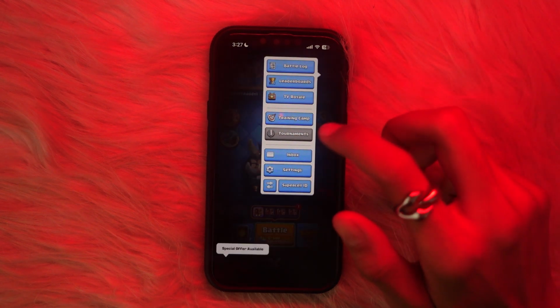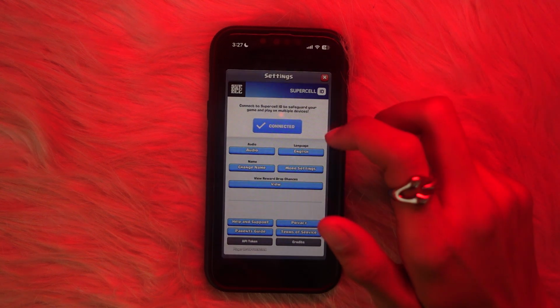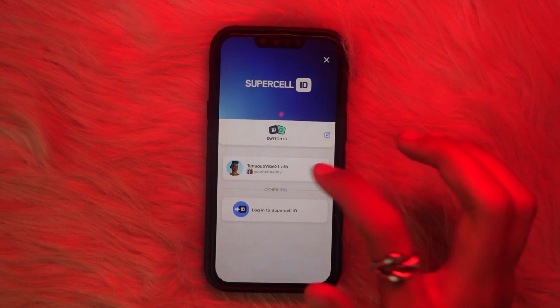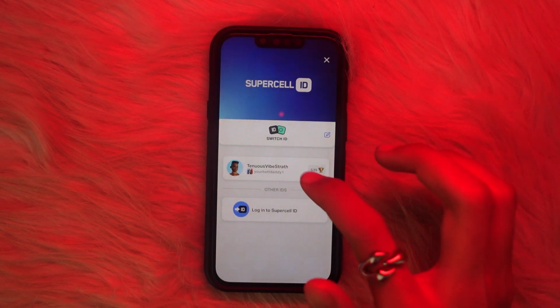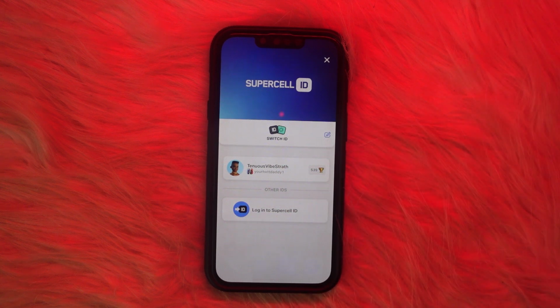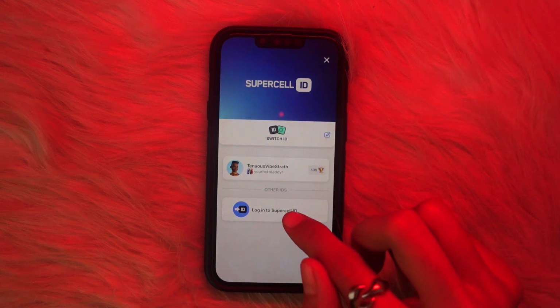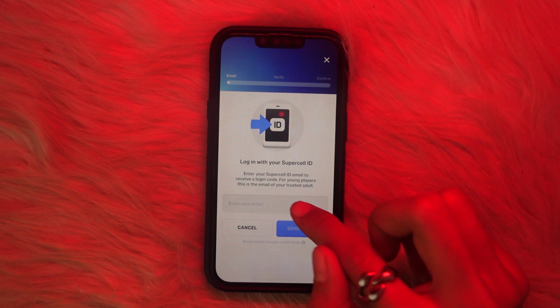And I'll just show you how to log into your app. Let's just log out from here, and I'll show you how to log in. Just tap on login with Supercell ID, and if your account is saved in Supercell ID, just tap on that and you can log into your account. And if you haven't saved your account in Supercell, just tap on login with Supercell ID, and you need to